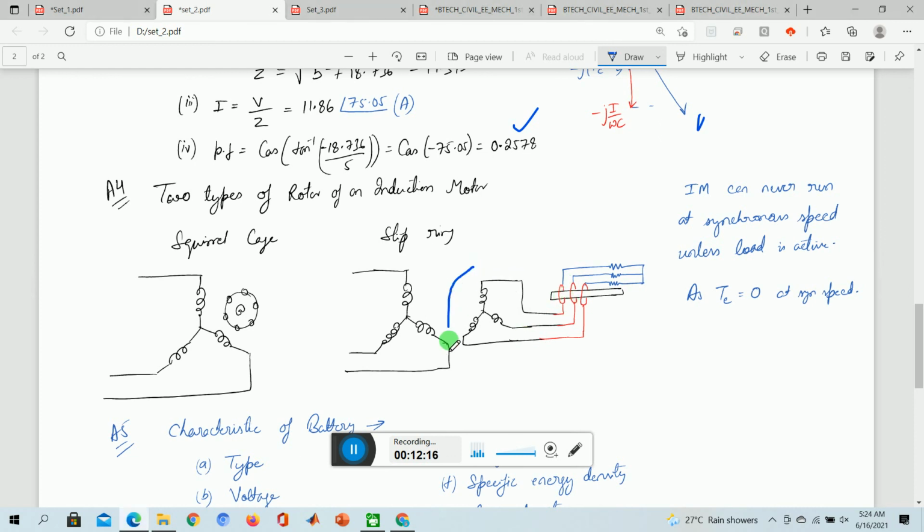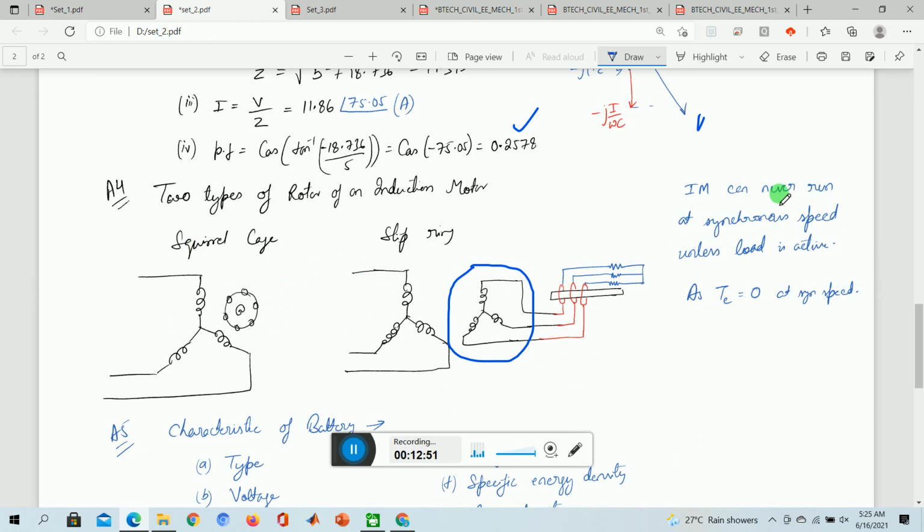Now this is the rotor part which is rotating, right? If this is rotating, the slip ring needs to rotate, and this rod is static, and this slip ring is connected with three resistances. Now this resistance you can say is a variable resistance. It can be 0 or you can make it any value. So there is an advantage of the slip ring induction motor, and also disadvantages. The advantage is that the starting torque is very high. So you can elaborate all those things.